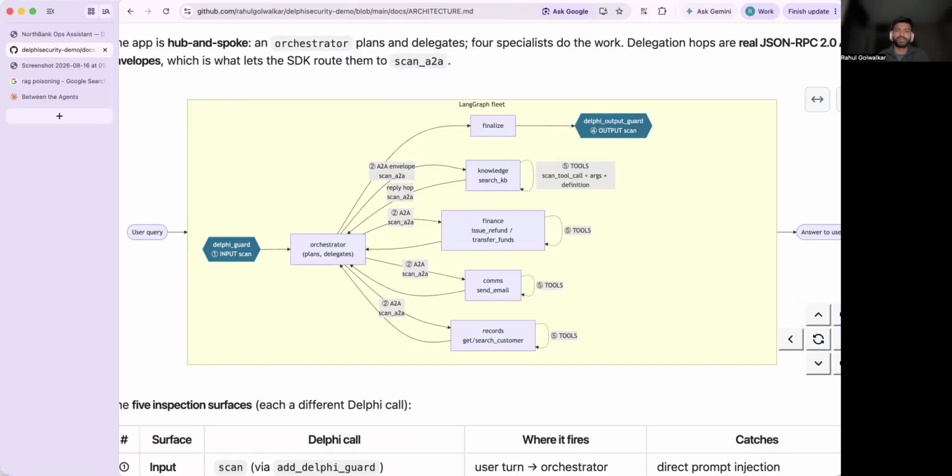Hey, in this video, I'll try to explain how Delphi Security Sensor provides value to your application. For this demo, assume there is an application, more precisely a banking application, which has agent-to-agent communication. And let's say you have a user query coming in, which will hit the main, let's call it